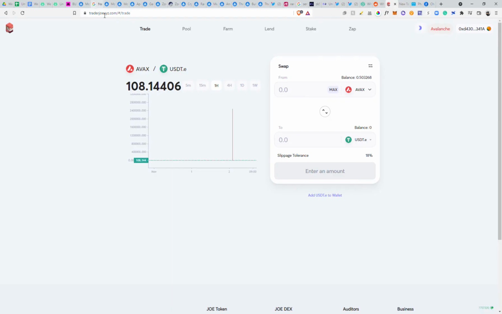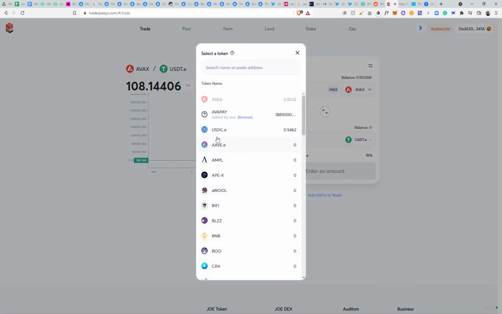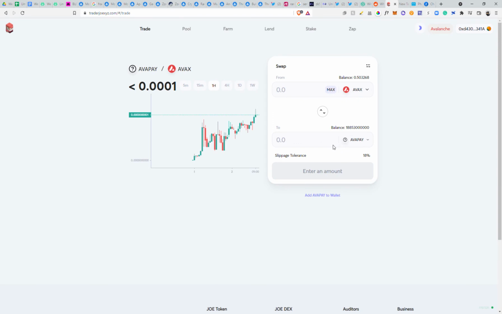You'll jump to Trader Joe XYZ. You'll connect your wallet, and it may switch your wallet over to the main Avalanche blockchain. And once you're connected, you should be able to see your available funds. It's just like any swap that you've used in the past. So you'll select your AVAX, which is already selected, and then you will select AVAPay. Now, if AVAPay isn't there, which I'm positive that it won't be,